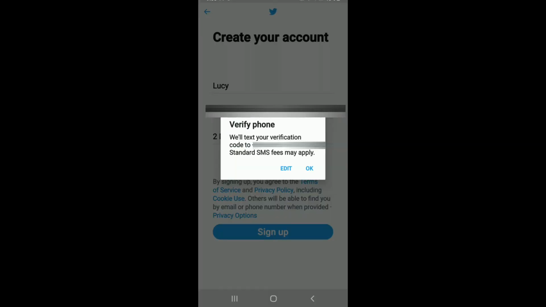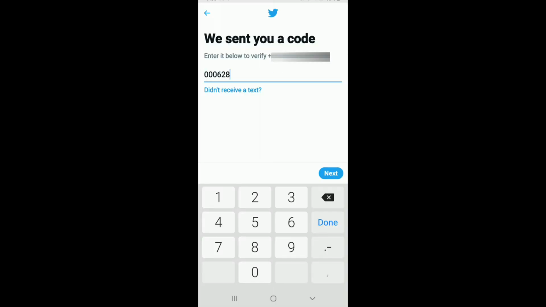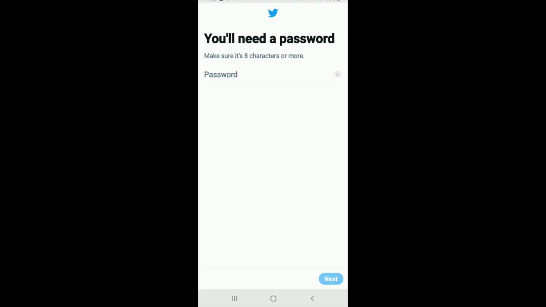The next thing you'll need to do is to verify your phone number that you just entered. Twitter will text you a verification code to the number. Tap on OK to receive it. Wait for the code to arrive via SMS, and once it does, the code has automatically been typed in. Tap on the next button after you are done,